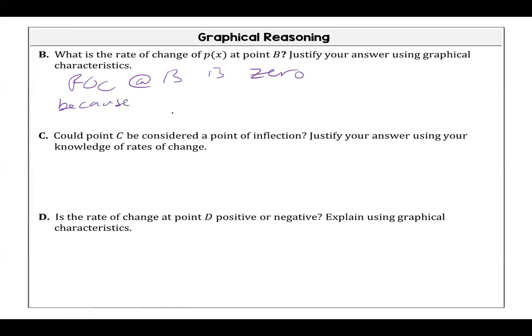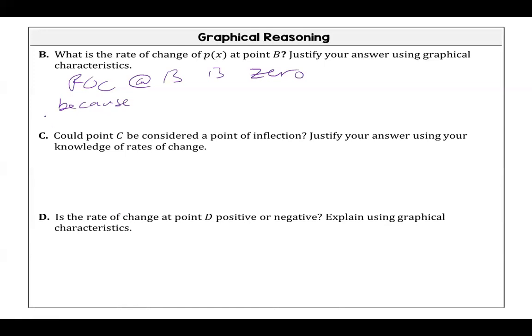Can't say it's horizontal. What's happening at that horizontal point? What is the graph doing at that point? It's constant, but that's because it's changing from increasing to decreasing. It's at a point where the graph is changing. The y values are changing. Does that make sense? So we write